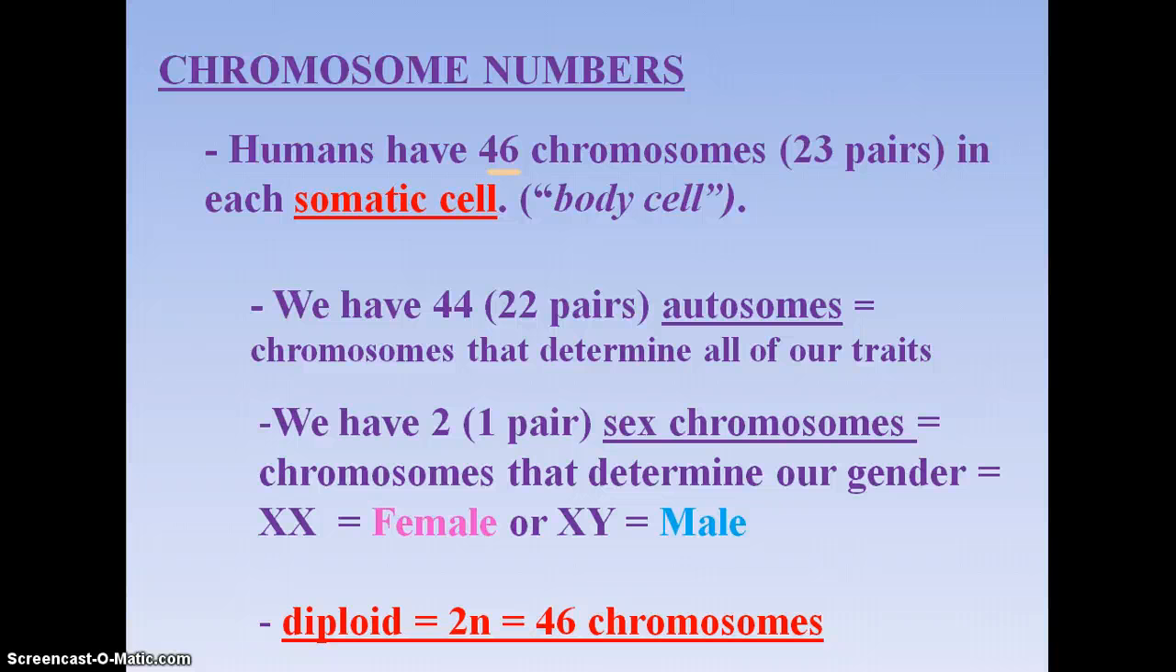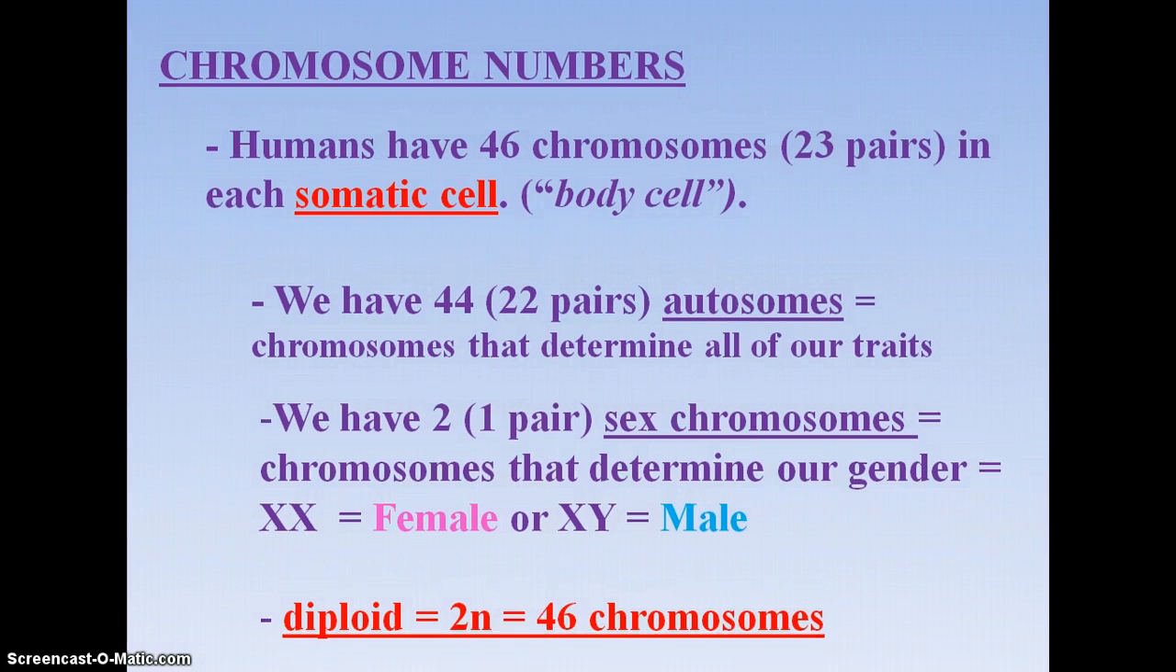We call those types of cells diploid. You may want to think, okay, diploid starts with D, so does the word double. So all of those cells have double the amount of chromosomes. They're diploid. On the other hand,